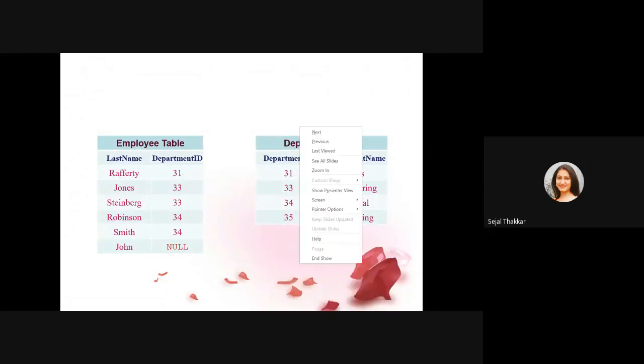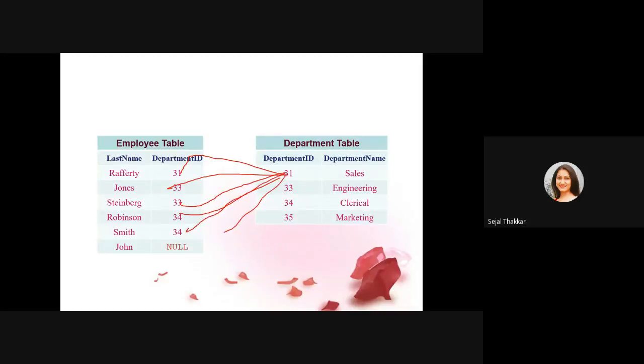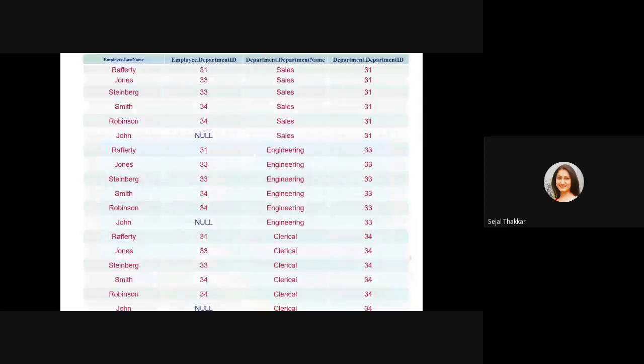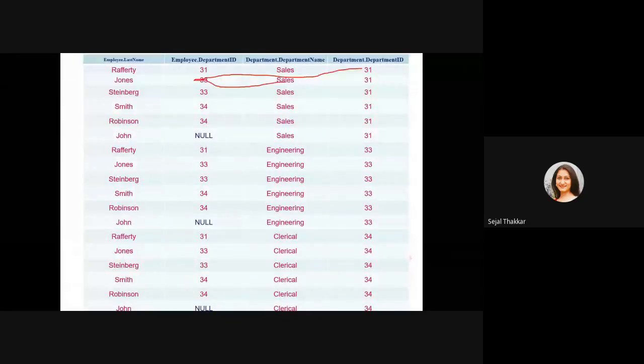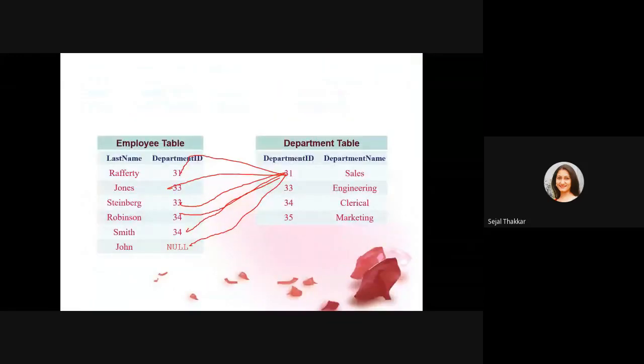What I have done here, I have taken 31, which is going to multiply with all these things. See here, this 31 is going to multiply with all these things, 31, 31, 31, 31, 31, right? Again, I have taken this 33, and that 33 is multiplied with all 6, right?